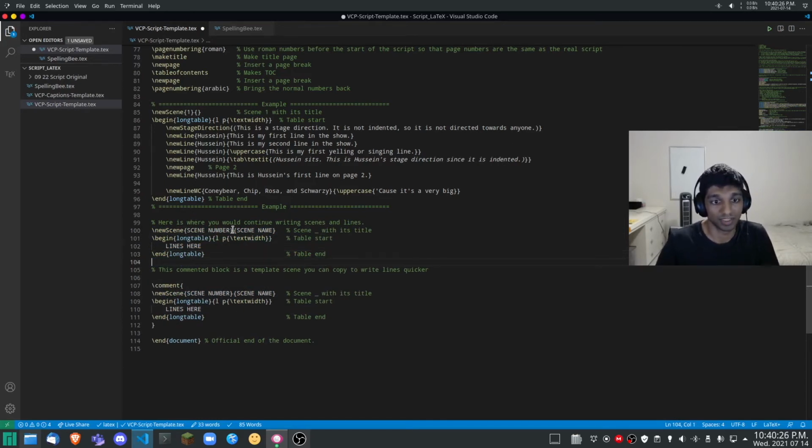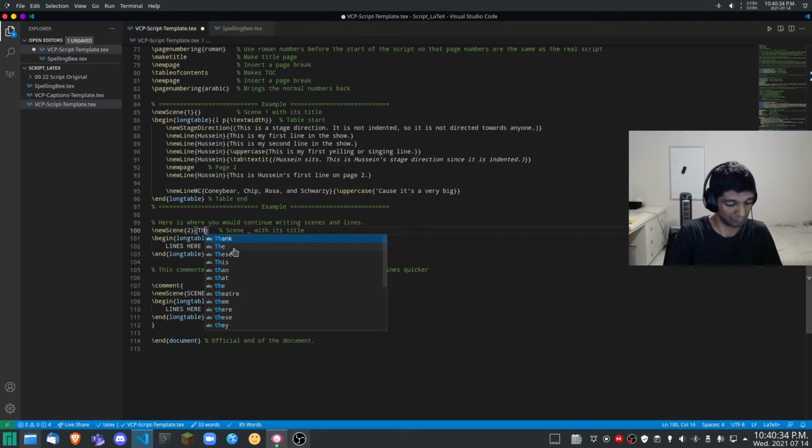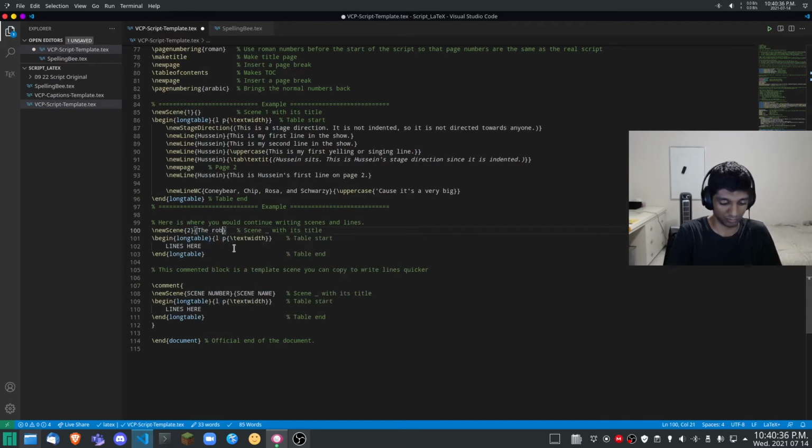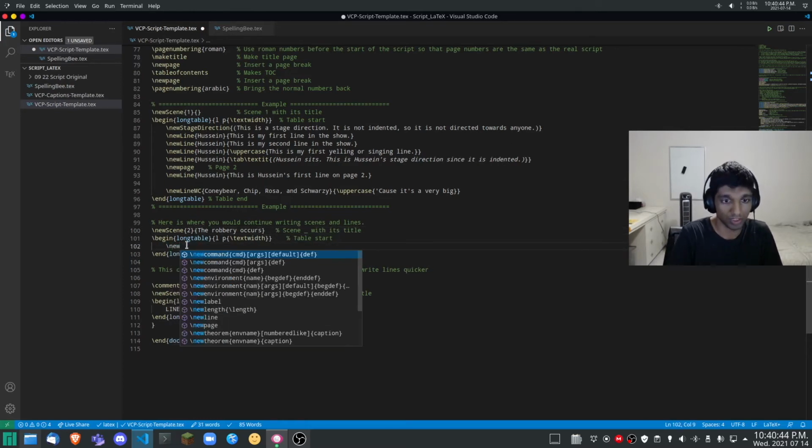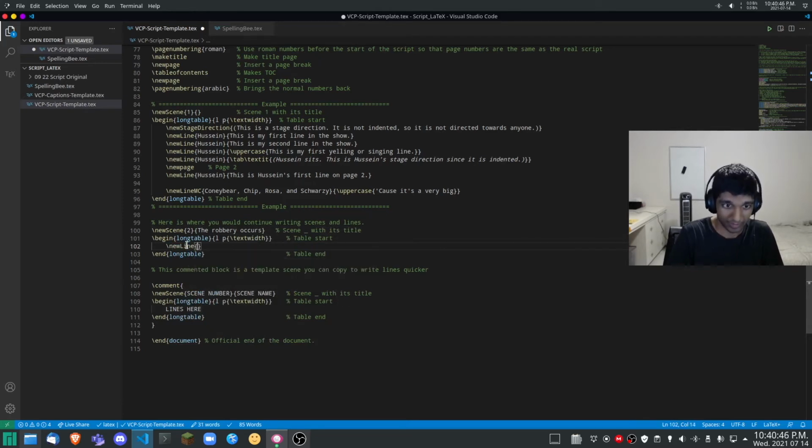So I'm going to pretend to go off of the first part. So I'm going to type scene 2, and then I'll call it the robbery occurs, or something like that. And then I would type new line, and then in the first command I would type the character name, so I'm gonna come up with a name, say Margaret.